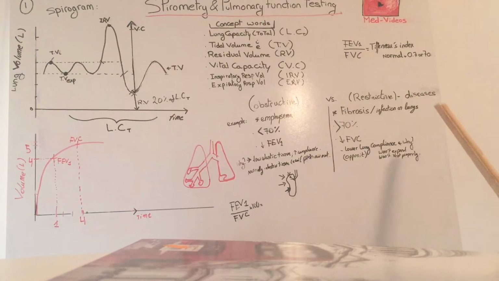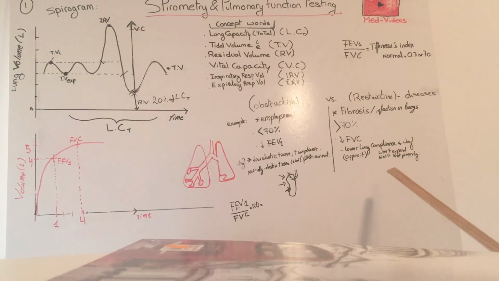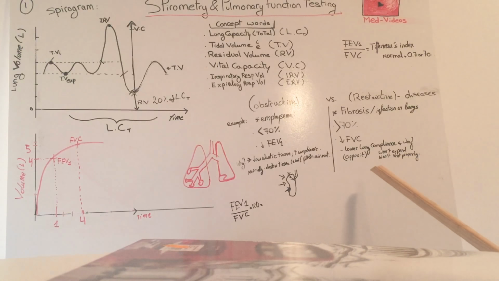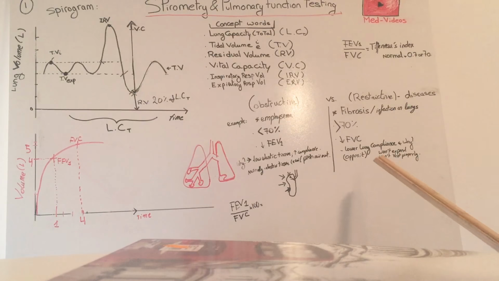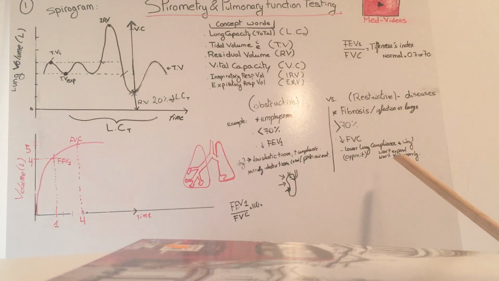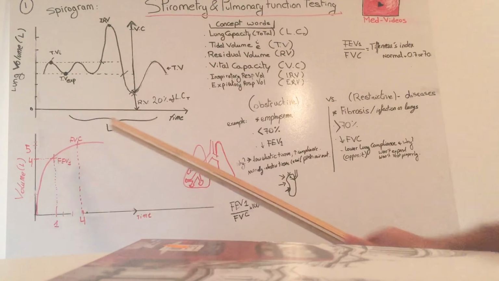Now, the complete opposite is having a restrictive disease. An example of that could be an infection in the lungs or fibrosis. And the patients who suffer, for example, from fibrosis, they will have really a lot of elastic tissue. This is the complete opposite. Their lungs will have a really low compliance, so they won't really be able to suck in as much air, but they'll be able to push out, and that will cause them to have a lower lung compliance. If you have lower lung compliance, you'll also notice that the graph will look like they have a lower